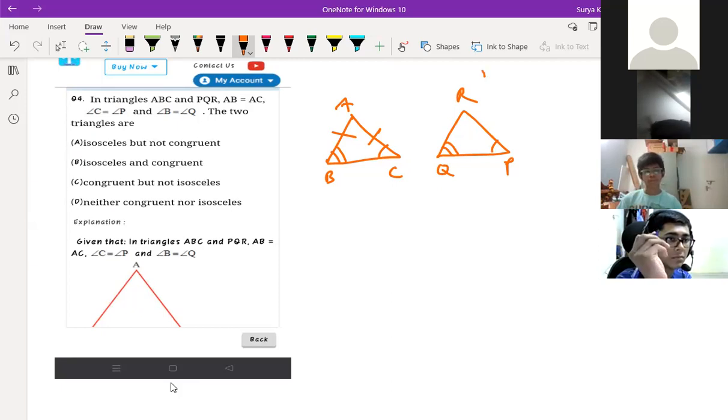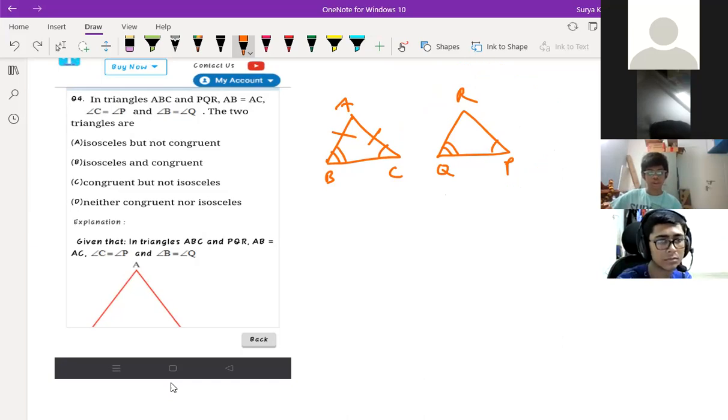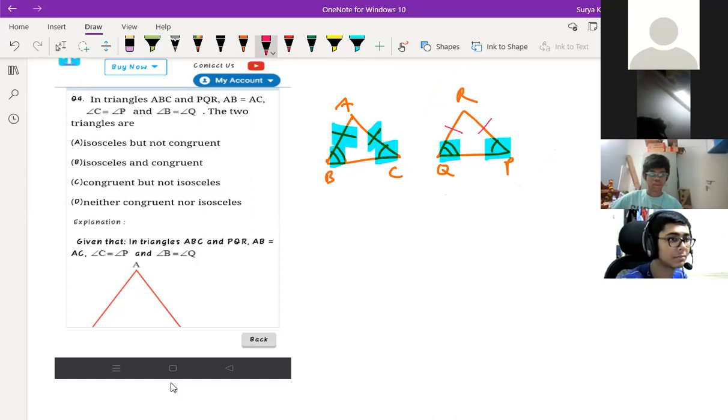How is this isosceles, this triangle? Sir, because the angles are same. Where are the angles same? Sir, B and Q and P and C. Yes, correct. See, they have given these two sides are equal. It means that these both angles are also equal. So obviously these two angles are equal means these two sides are also equal, right? Yes, sir. So sir, it is isosceles but not congruent. Why not congruent? AAS is also coming now. So AAS also is coming, and second is isosceles also you can say. So congruent and isosceles both. What is the answer for this?